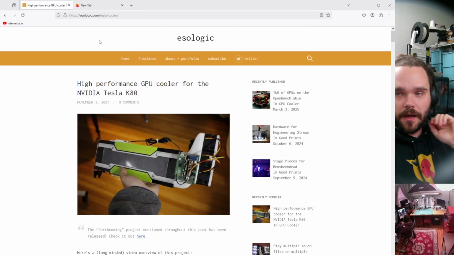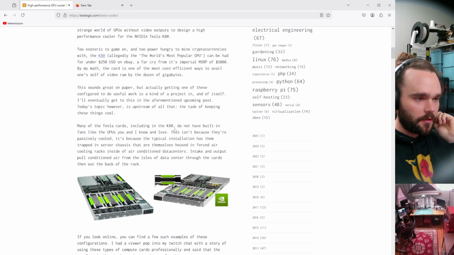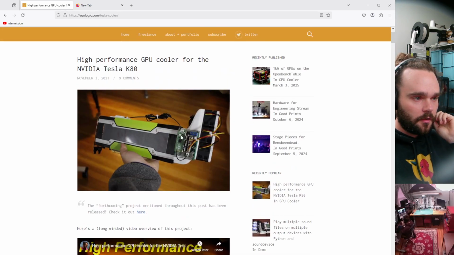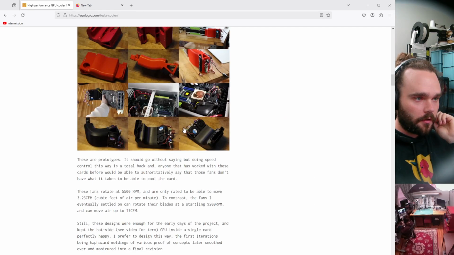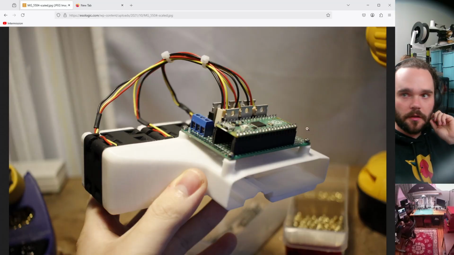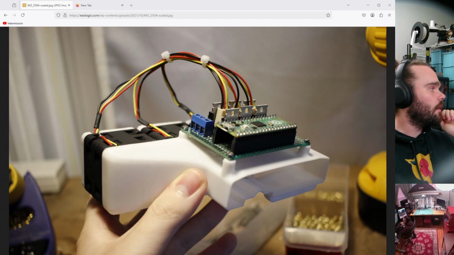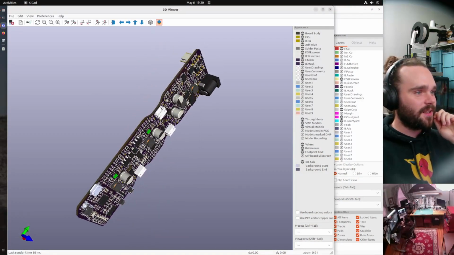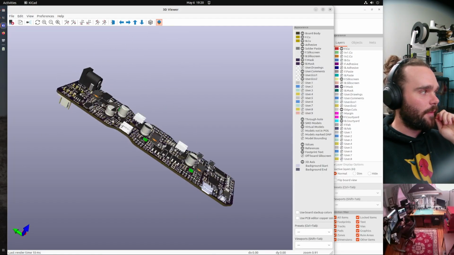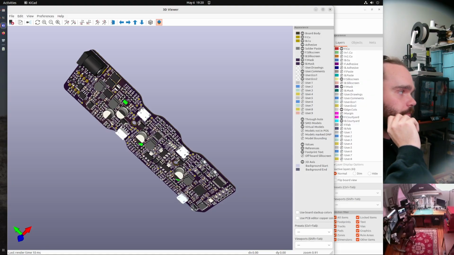So I never got to the PCBA stage before, but the goal right now, I'm essentially porting the circuit board that replaces this part. It looks significantly different. It sits on the back of the cooler this time, but this is what I've been working on.